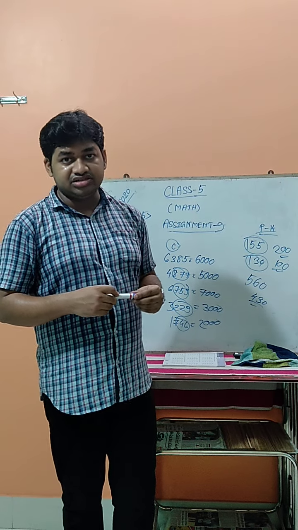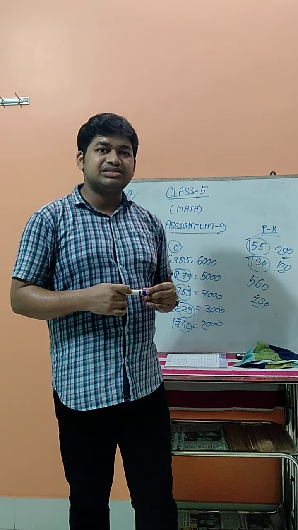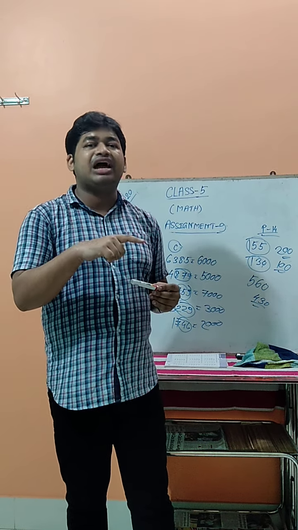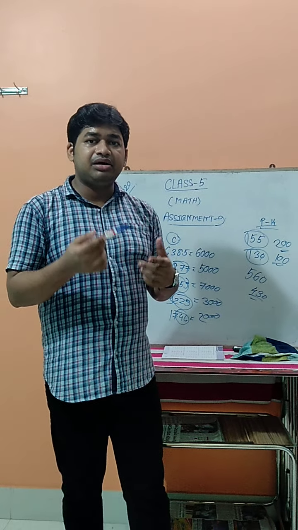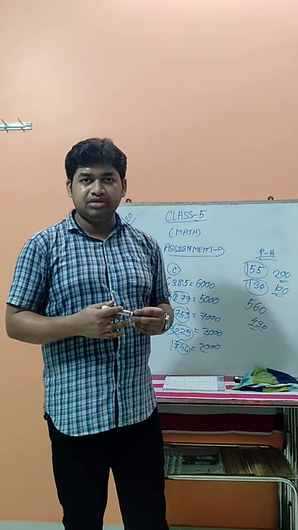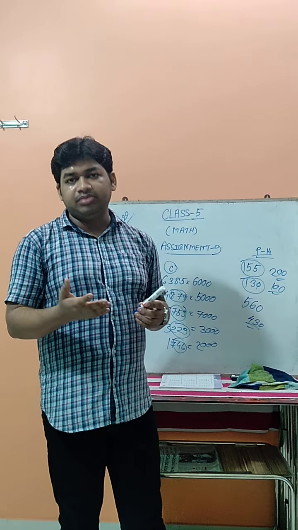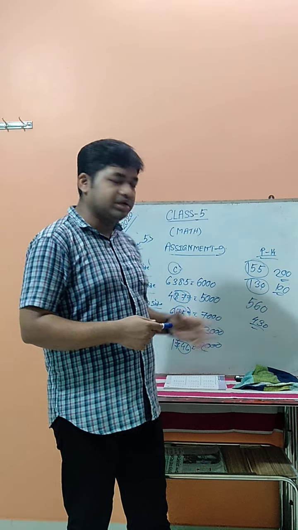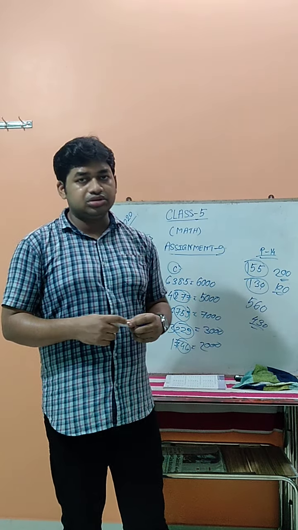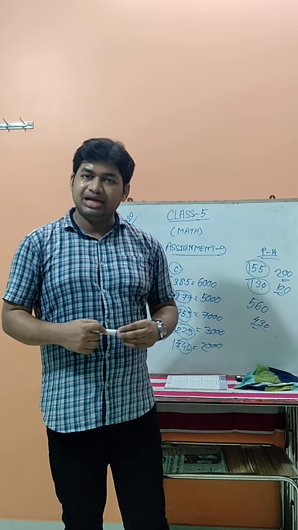And the same way for 1000, if any number is less than 500, you have to take the previous digit. If any number is more than 500, like 700, 800, 600, 550, you have to take the next digit. So this way you can do it very easily. So this is about rounding. Today up to here, next day we will solve the other assignment questions.